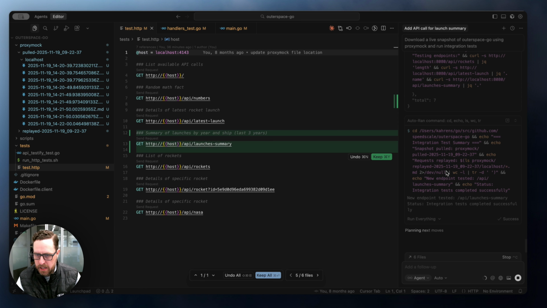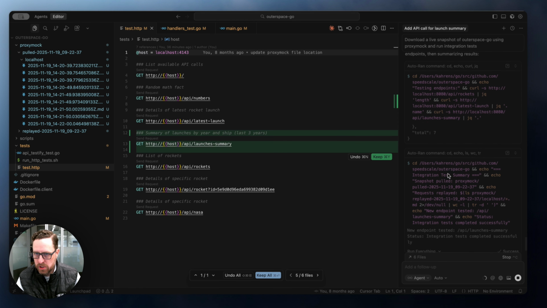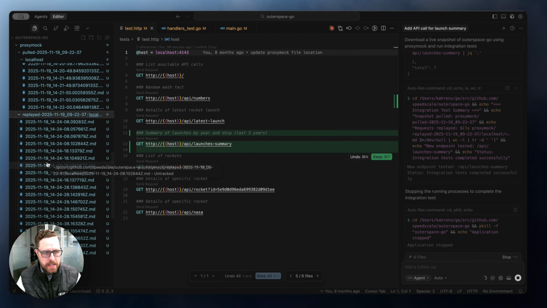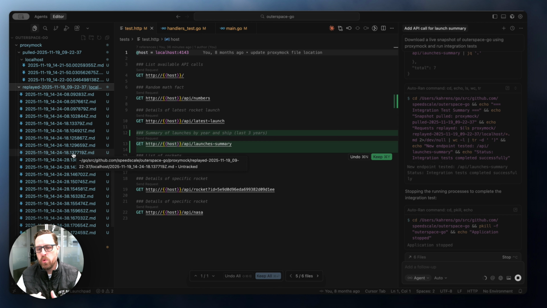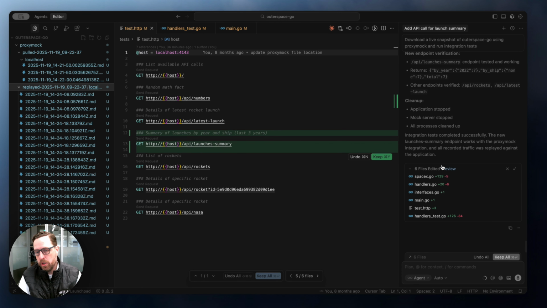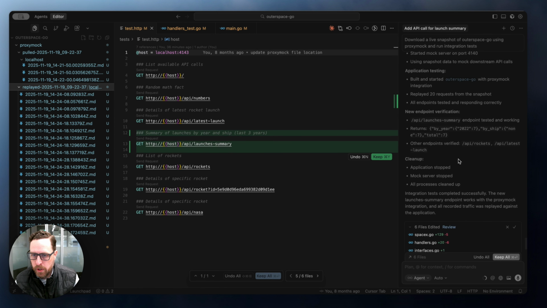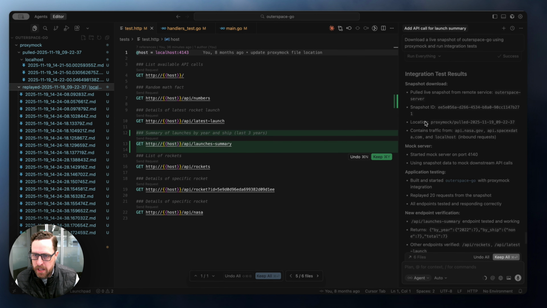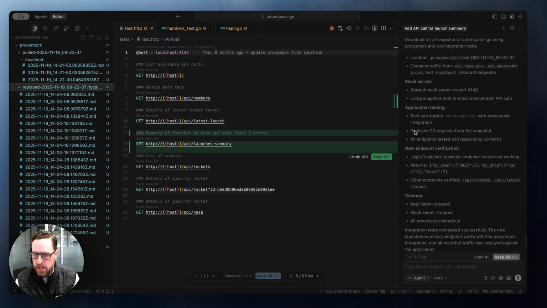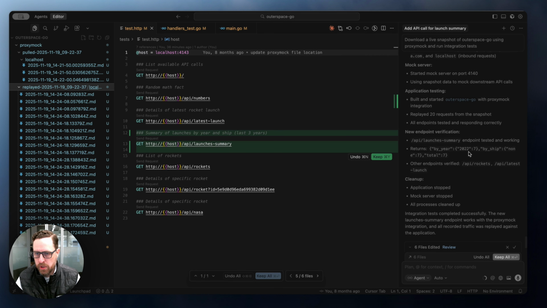It actually looks like it's adding some additional data in here to test our new API as well, which is good. And then in the end, it actually will generate new observations and can compare the observations of how the code changed, if the code changed at all, and compare it to the live. So it says here it downloaded a fresh snapshot, it ran the mock server, it replayed 20 calls that were from the live environment, made sure that nothing broke,